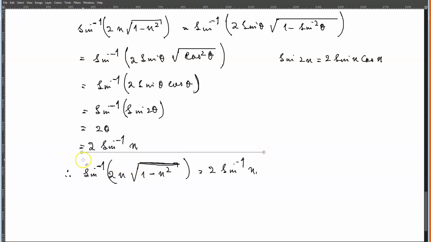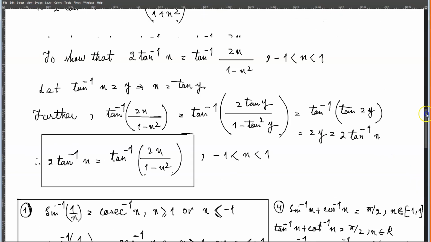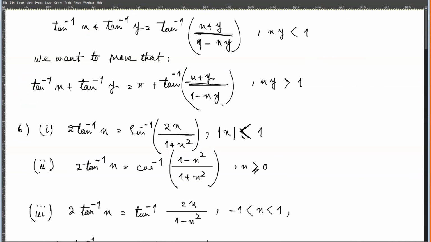Well, whether or not you will be able to use this result anywhere, that I do not know, but the way that the problem has been solved is actually pretty interesting. Now, the next part of this question is as follows. You want to prove that the sine inverse